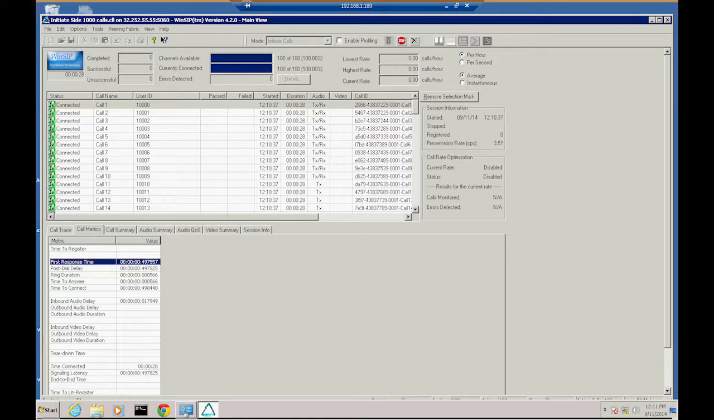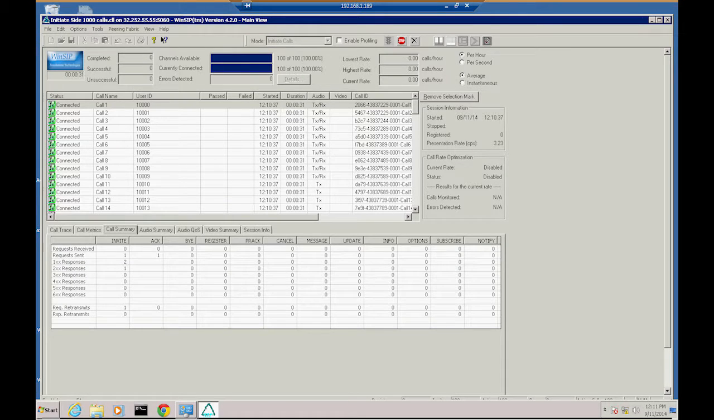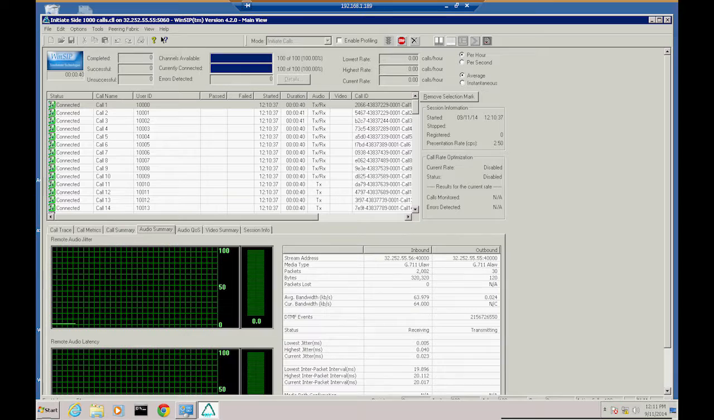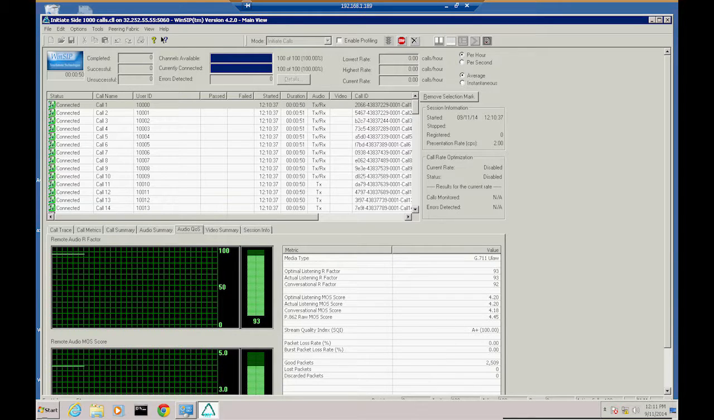It gives all the information, and a call summary for that call, like how many requests were sent, how many INVITE requests, how many ACK requests, all the information. And then the audio summary shows what type of audio is going out, ULAW, ALAW, and you can see how the audio QoS is going, and you can see the MOS score, R factor for